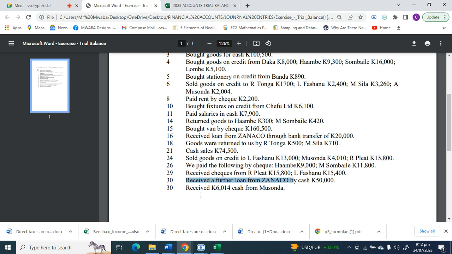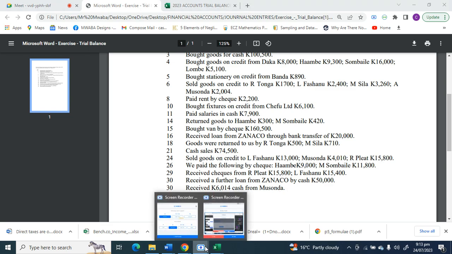And then the final one, received 6,014 cash from Musonda. You're receiving money from a receivable, so you debit cash and you credit Musonda. Whenever a receivable pays you, that's a reduction in your asset. Reduction in an asset, you credit. So you're receiving cash, that's an increase in an asset. An increase in an asset, you debit. So when we meet next time,